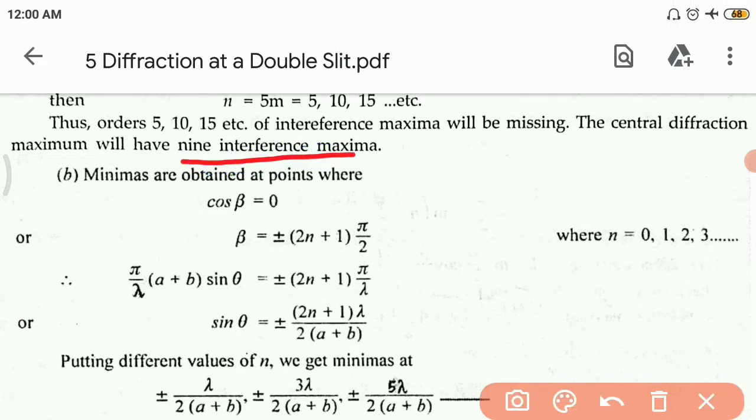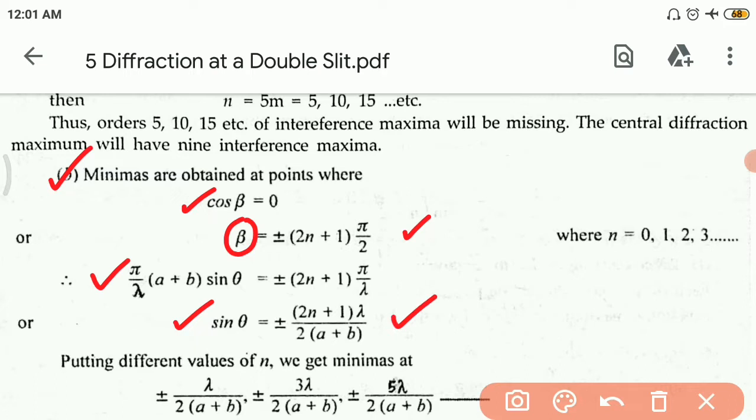interference maxima. Okay, so this was about the maxima. Now if we look at the minima in the interference pattern, minima are obtained at the point cos beta equal to 0, then beta will be plus or minus (2n plus 1) pi by 2, or pi by lambda (a plus b) sin theta. If we replace the value of beta,